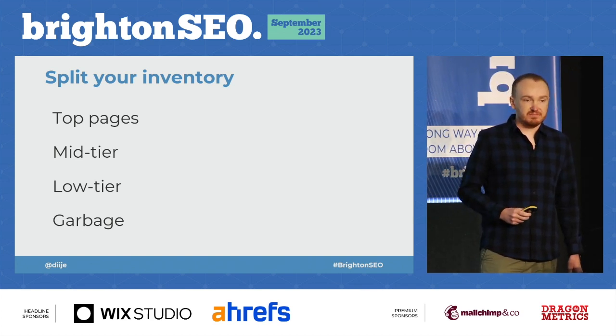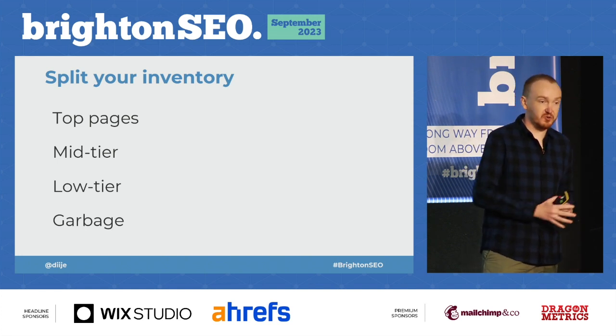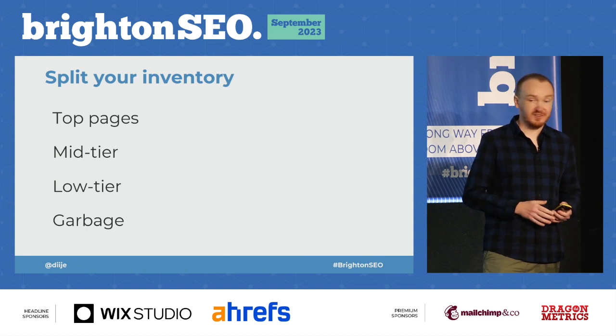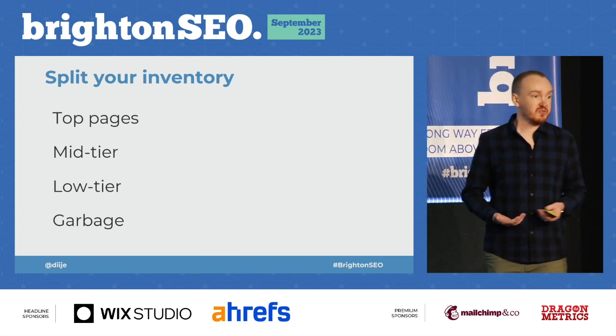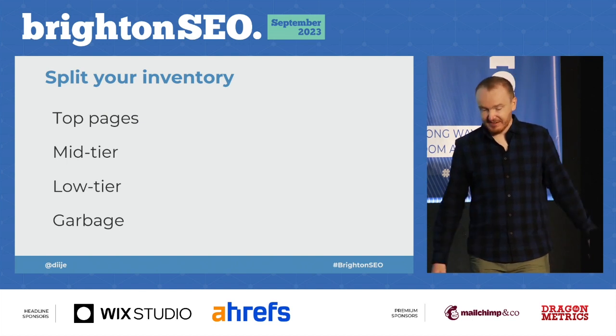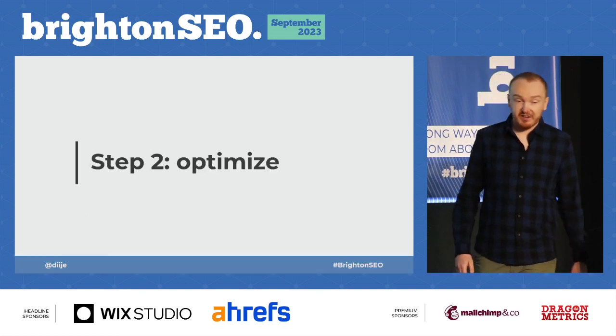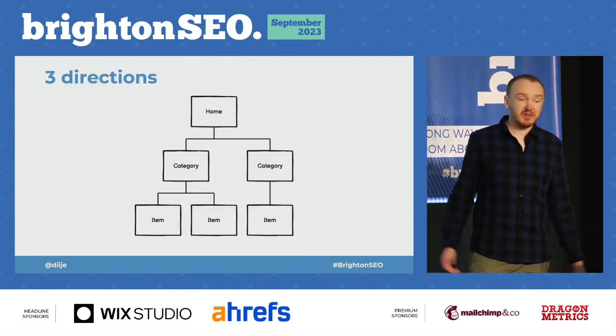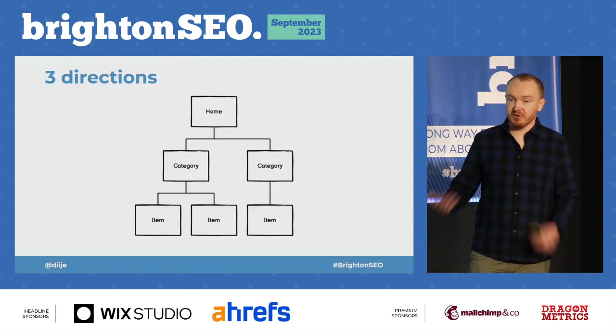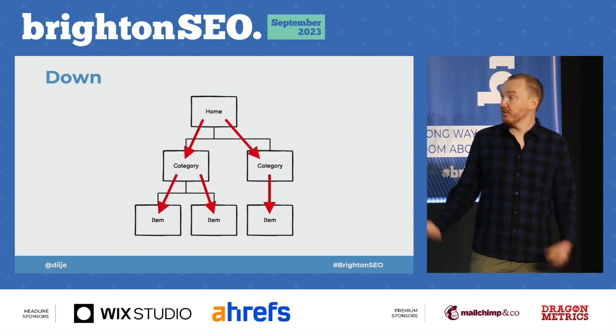When I say I want to get rid of those, it's on an SEO perspective, of course. It does not mean I want my users not to be able to access internal search, for example. Now that I've split my inventory, I can start thinking about optimizing my internal links. And basically, we've got 3 directions on any website to make links. First one, of course, is